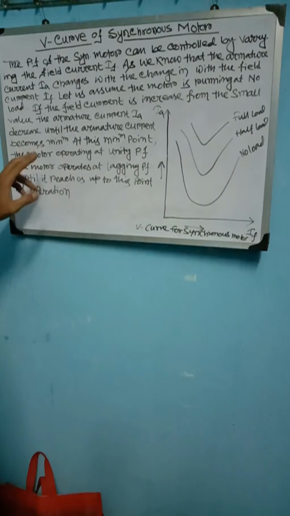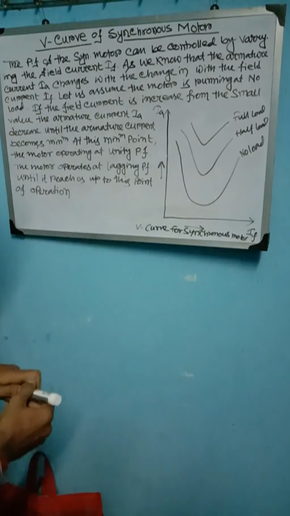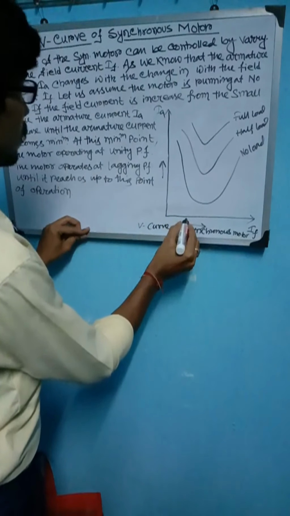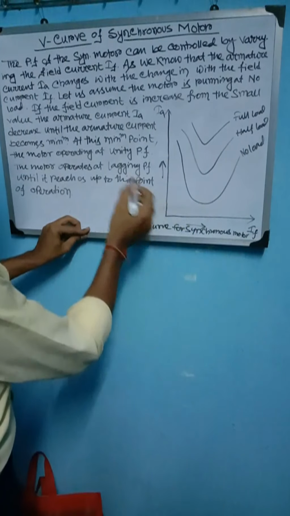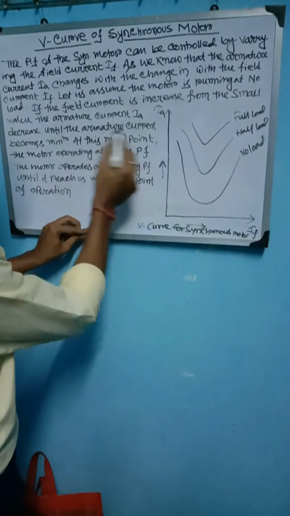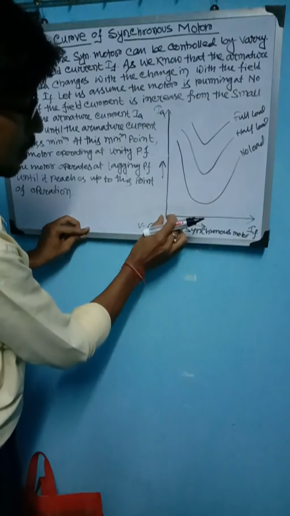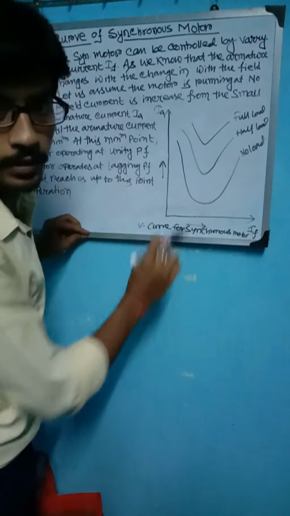In that case, if the field current is increased, we can see that the armature current IA decreases. As we are increasing the field current, the armature current decreases,